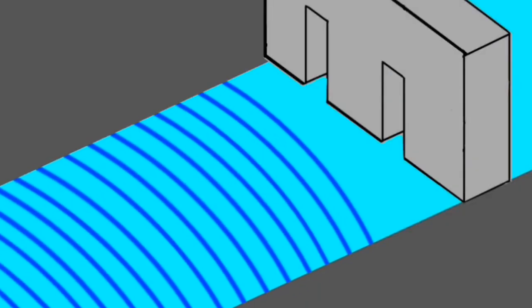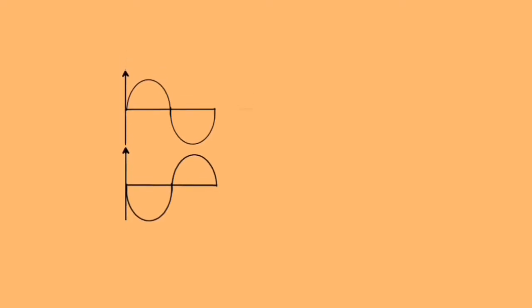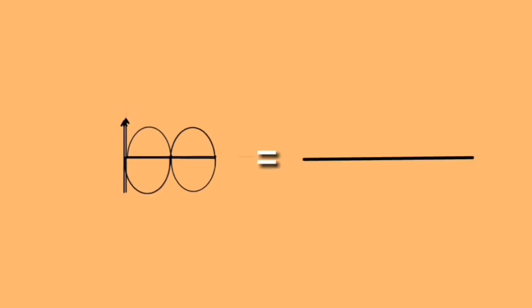But if the electron is a wave, it should act like a water wave. A water wave simply goes ahead like this, passes through both slits, and makes two new waves. They interact with each other, and some parts of the wave disappear. This happens because of a property of waves called interference. When two waves from the same source with opposite phase interact with each other, they cancel out. So some parts of the wave disappear and it makes a pattern like this on the screen.